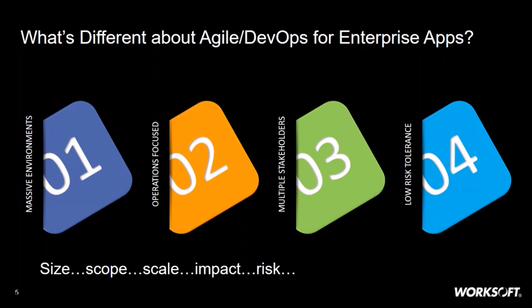And the fourth is finally the risk tolerance. Because these are applications that are running a business, the ability to impact business negatively if we introduce some sort of failure is very significant. So most organizations have a very low tolerance for risk with enterprise applications. What that really means is that we have to have a very high focus around testing and ensuring that we are testing the application iteratively and rapidly, to ensure that we don't impact the business.